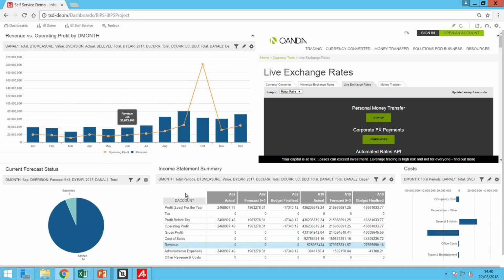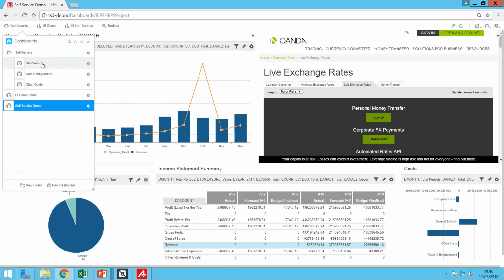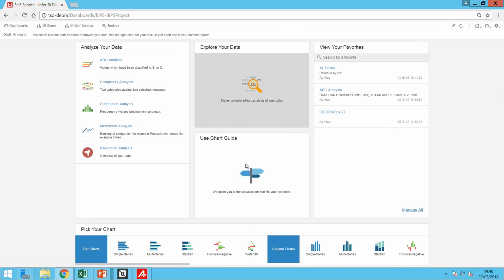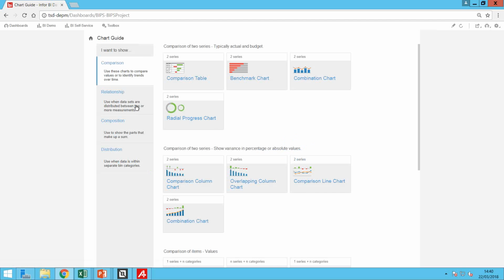All of this is built within the dashboard environment, and it's something the individual user can do using the self-service tools available. These come out of the box and allow you to explore your data, and it also tries to help you work out what might be useful. So you've got some ABC analysis or distribution analysis. And if you're looking to build a graph, you can come into the chart guide and it will ask you, are you looking to